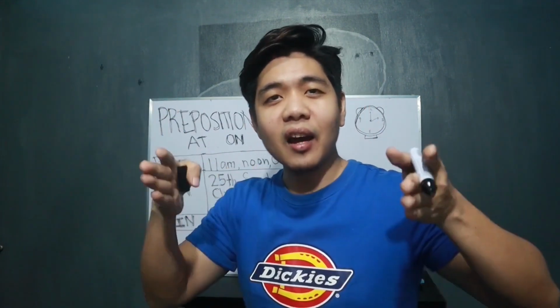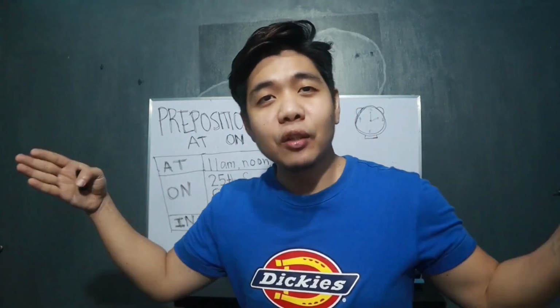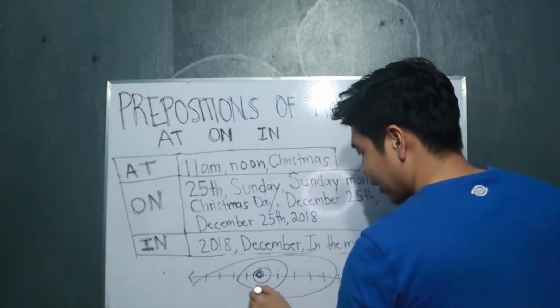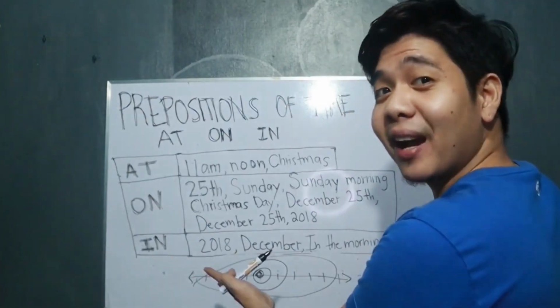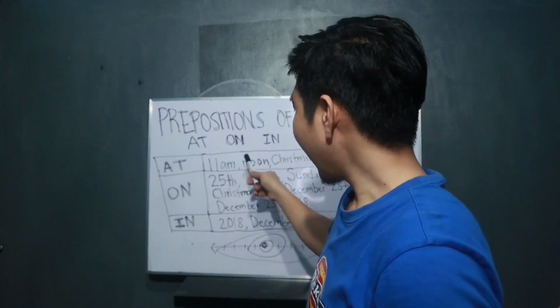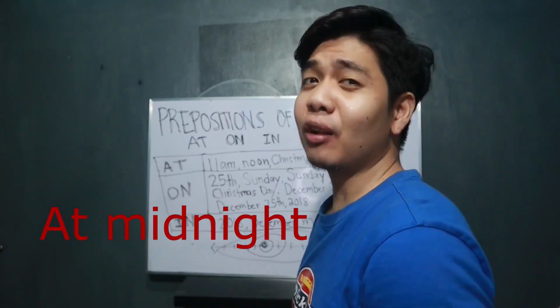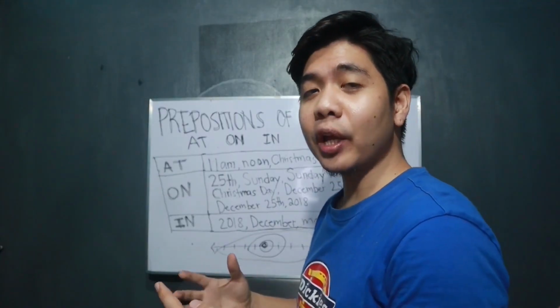Alright? At, on, in. In is for longer periods of time. So, longer periods of time. Alright? Parang ganyan. Did you get it? Malinaw ba? So, at 11 a.m., at noon, meaning 12, or at midnight, also 12, at Christmas, referring to a holiday period,